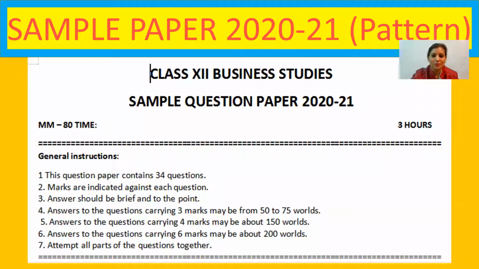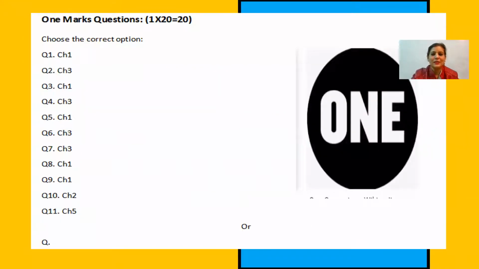We are discussing all these questions, and we analyzed the entire CBSE sample paper, which was issued by CBSE in the month of October. We have analyzed that paper, and this is the conclusion. In the CBSE paper 2021, questions from chapter 1 are question 1, question 3, question 5, question 8, question 9. Here, please observe. And questions from chapter 3 are question 2, question 4, 6.